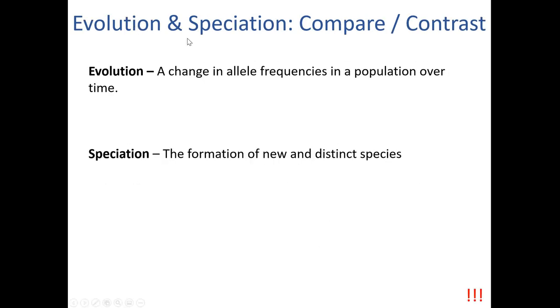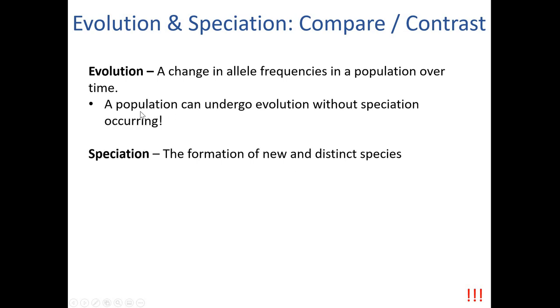Okay, so when we talk about evolution and speciation, let's compare and contrast what these two words mean. Evolution, again, is a change in allele frequencies in a population over time. So evolution can occur within a population without necessarily creating a new species. That's how we get distinct populations and distinct traits within different populations of an individual species. Now, speciation, on the other hand, is the formation of new and distinct species, which of course occurs through evolution. As I mentioned, a population can undergo evolution without speciation occurring. And then speciation,